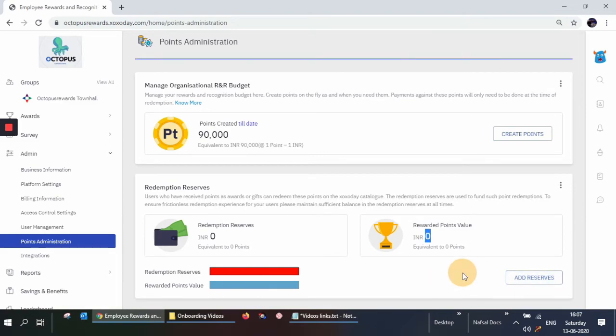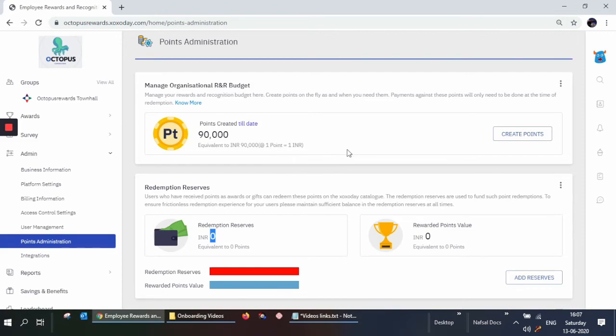That will take you to our billing page where you can make the payment using a credit card, or you could contact the sales POC to raise an invoice, and then the invoice will appear in your account, and you could make the payment through your company's account. And then whatever amount you paid or recharged will appear here under redemption reserve.